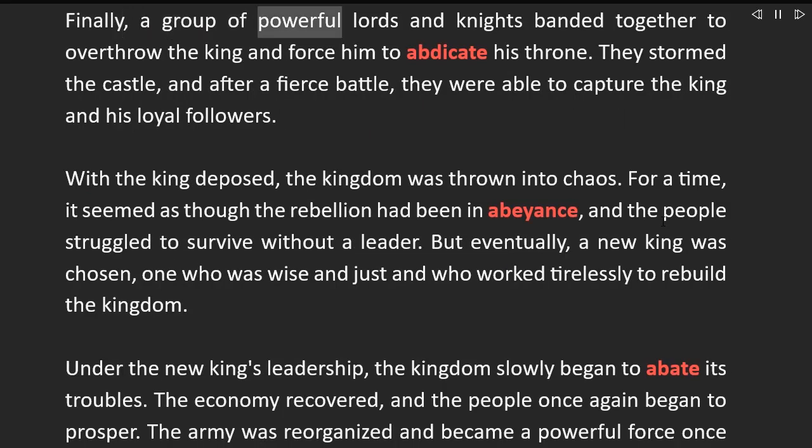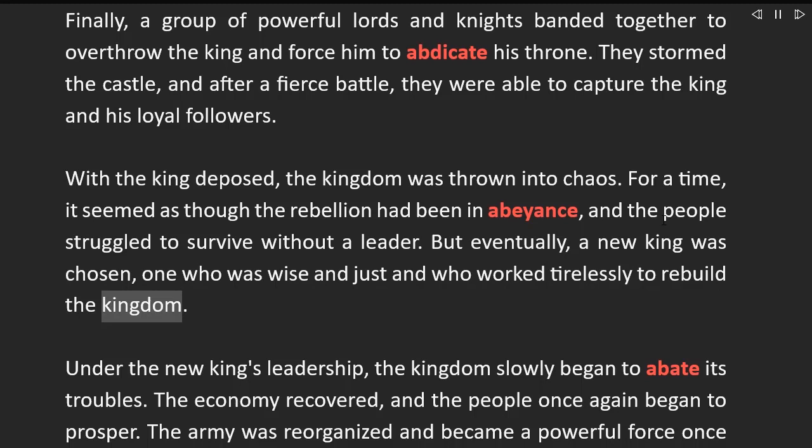Finally, a group of powerful lords and knights banded together to overthrow the king and force him to abdicate his throne. They stormed the castle, and after a fierce battle, they were able to capture the king and his loyal followers. With the king deposed, the kingdom was thrown into chaos. For a time, it seemed as though the rebellion had been in abeyance, and the people struggled to survive without a leader. But eventually, a new king was chosen, one who was wise and just and who worked tirelessly to